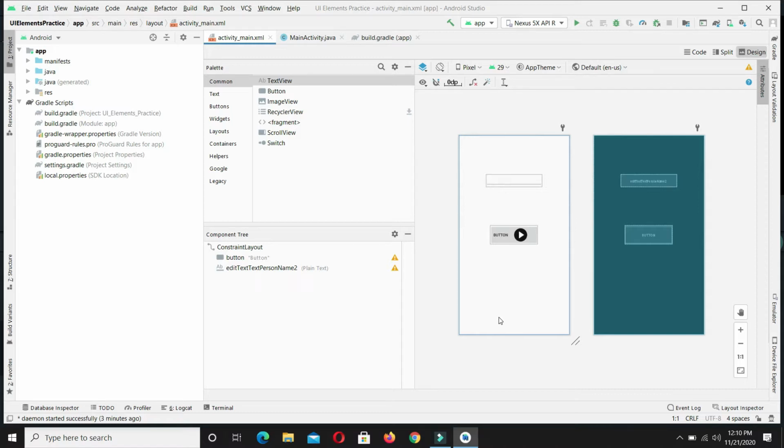Autocomplete text view is just like an edit text with the one difference that it provides options when a user starts typing in the edit text. It provides all lists and options which can be used as an input for the edit text. Suppose you want to write the name for a person, you type letter A and it provides a list of all the names which start with letter A.